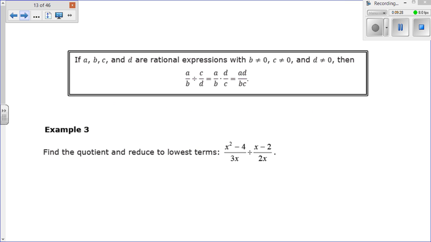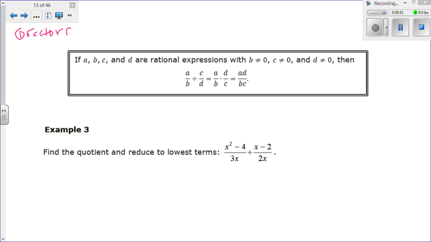To the next page, we are dividing. And if you remember anything about division, you have to remember to do your stay, change, flip. And it doesn't change when you're doing rational expressions. So if we were to write down some steps for those of you who like steps, the first thing you want to do is factor